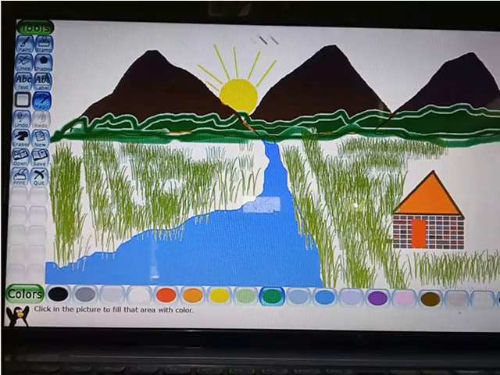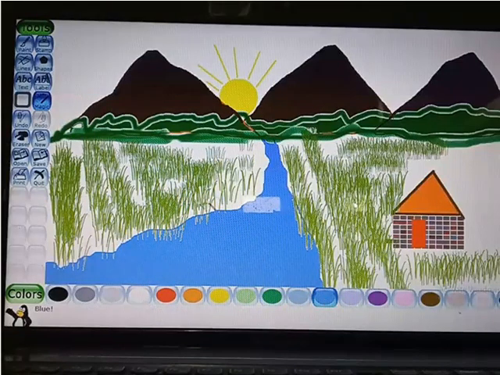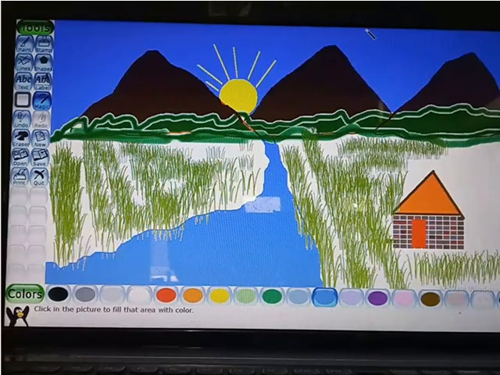Now this white area you can keep white also, because the color of the sky can be white, or you can keep it blue also. So this one you can use blue. Okay, like this. So this becomes a scene with sky, hills, the sun rising, and this river is also there, and the home also I have drawn. So you can take your time and draw like this.